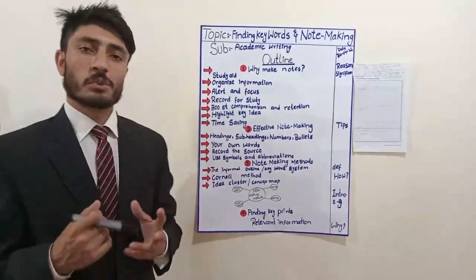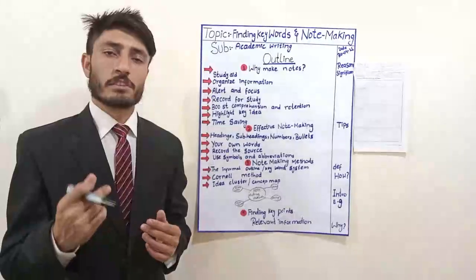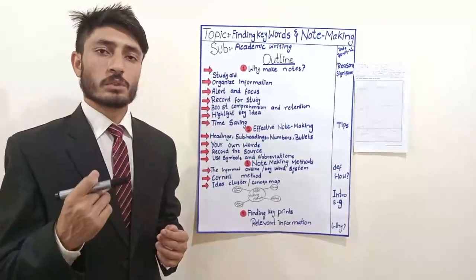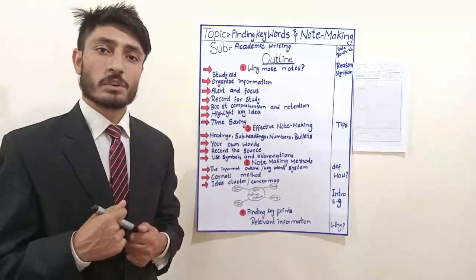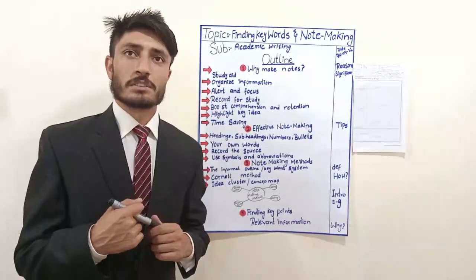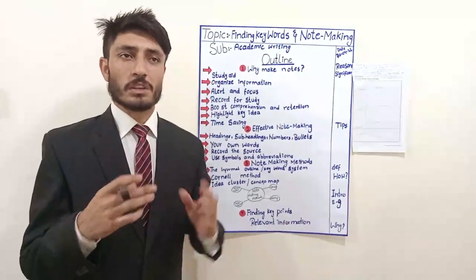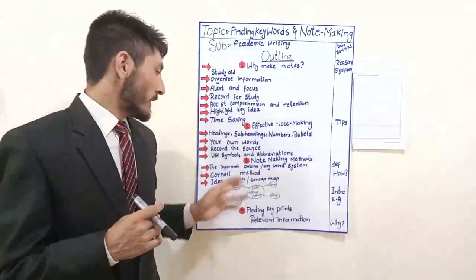The second one is use your own ideas; paraphrase information in your own words for better comprehension. The next one is record the source. Recording the source is very important when you are supposed to give a list of references. And the next point